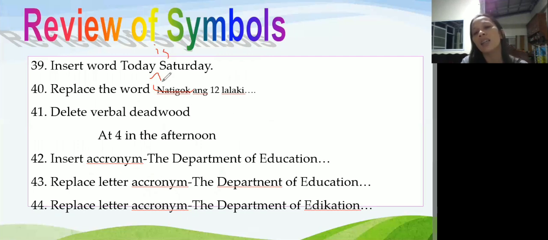Ito ay isang salita na hindi katanggap-tanggap sa balita, na "tigok." Mga salitang balbal, hindi tinatanggap. Kapag balita, dapat yung mas nauunawaan ng tao. So, anong ibig sabihin ng natigok? Namatay. So, lalagyan mo siya ng salitang "namatay" diyan, papaltan.